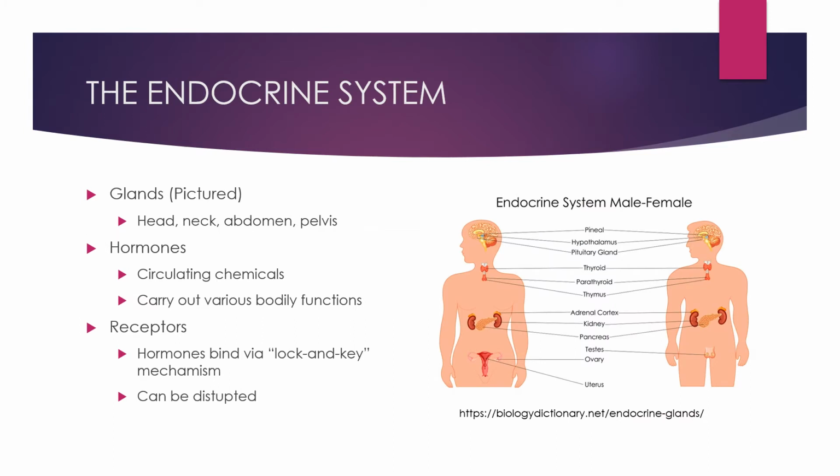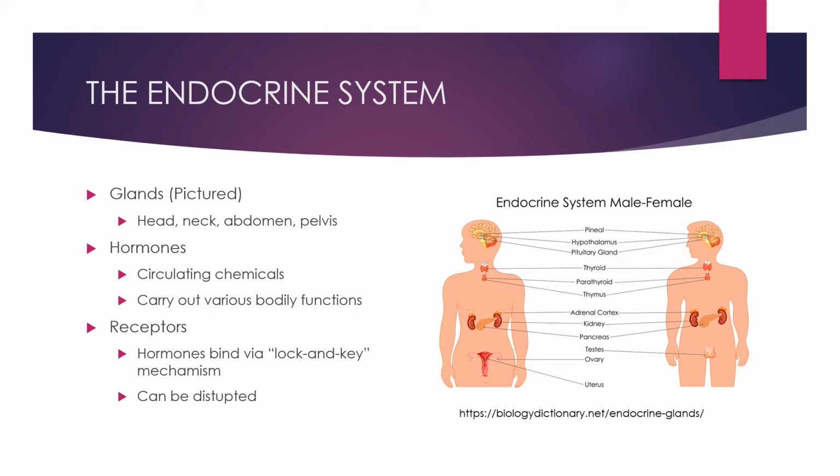So first, I'll just give a brief overview of what the endocrine system is. So the endocrine system is primarily a collection of glands that are located at various points throughout the body that produce hormones, which are circulating chemicals that carry out various functions throughout the body. They can be anywhere from metabolic to growth to a lot of cell signaling functions. They have a variety of roles. The glands are located